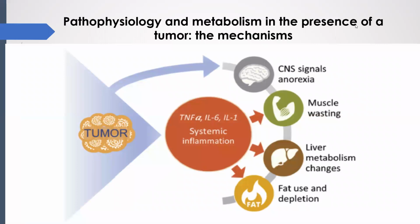So further systemic inflammation can be provoked by spillover of pro-inflammatory cytokines produced by the tumor. For example, TNF-alpha, interleukin-6, and interleukin-1. And in turn, these pro-inflammatory cytokines disrupt metabolism of carbohydrates, fats, and proteins in the body. So in the brain, it alters appetite signals from the central nervous system, and it then causes anorexia, resulting in reduced caloric intake. And in muscle, an anabolic-catabolic imbalance leads to muscle wasting, and then reduces muscle strength and